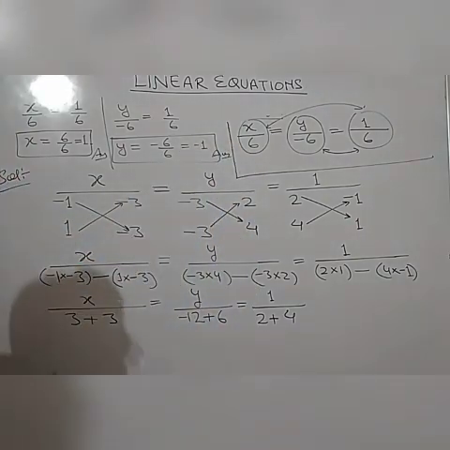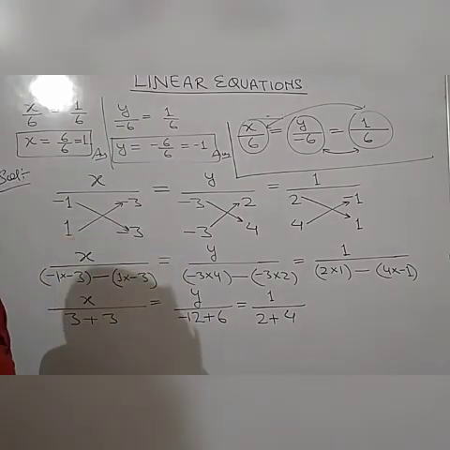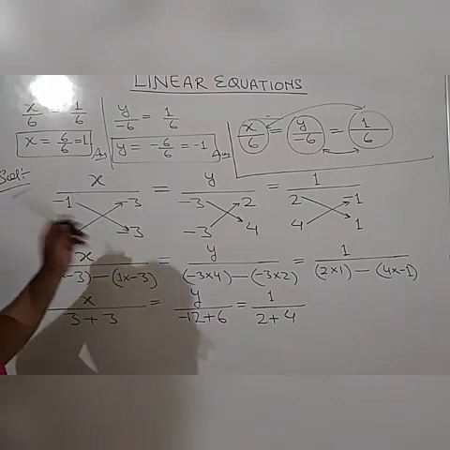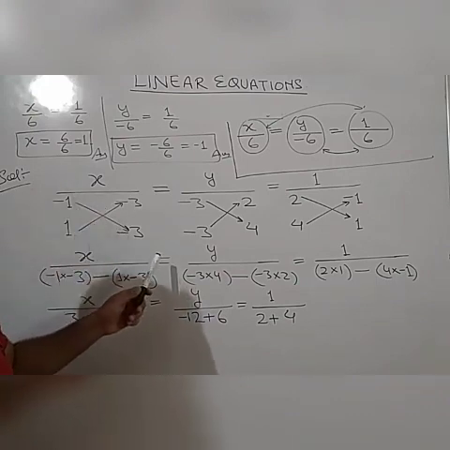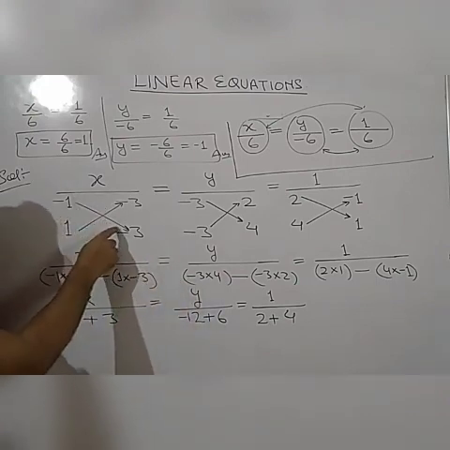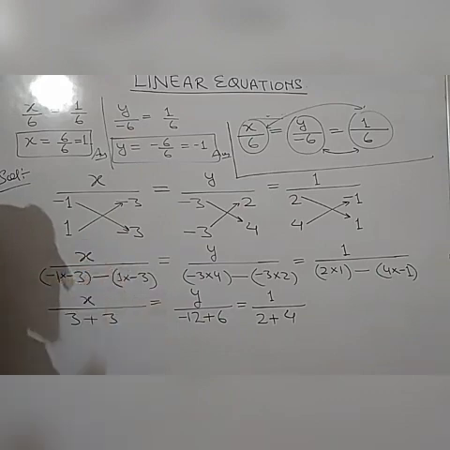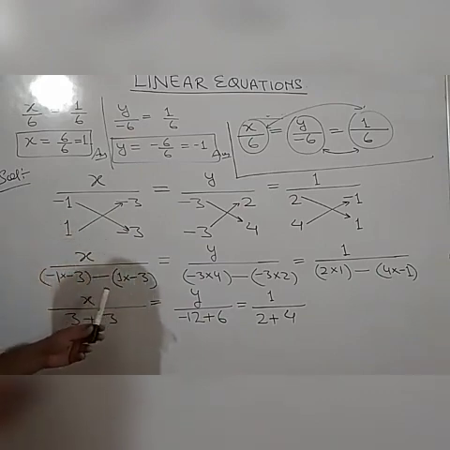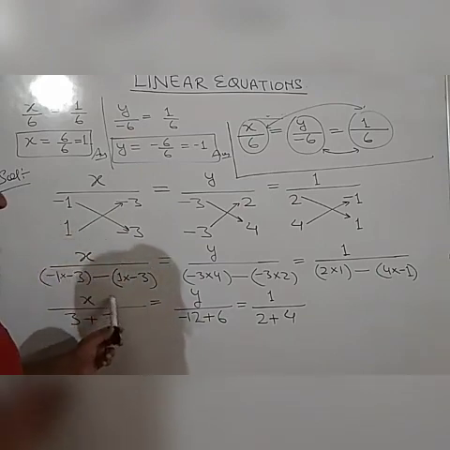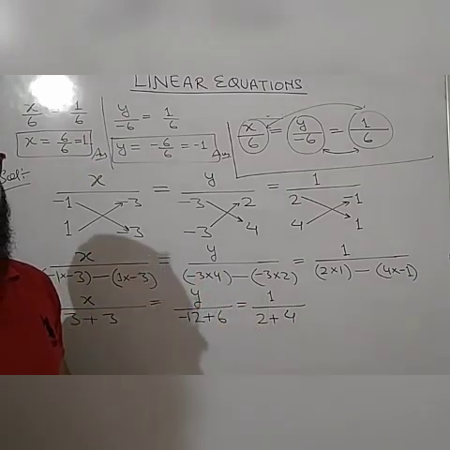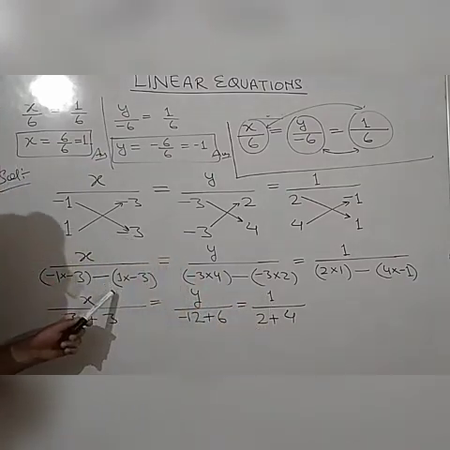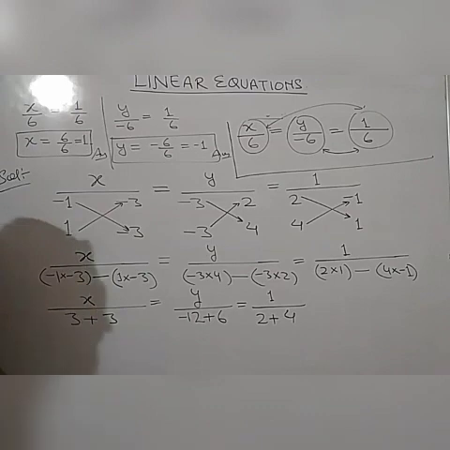Okay, so in this way we can solve the problem based on cross multiplication method. You have to remember the tree diagram, cross multiplication diagram, and you should use brackets always and take care of these plus and minus signs. These are very important because generally the student make the mistake in these plus and minus signs. So always use the brackets and check the signs properly so that you can get the correct answer.